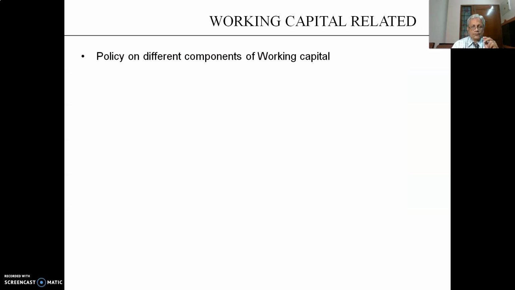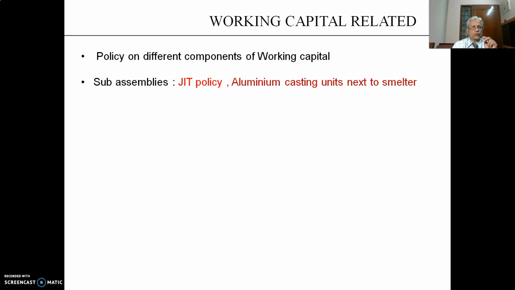Next, another important area is working capital. Working capital has a lot of scope for adding to your cost, so you should have clear-cut policies to handle working capital related issues. What are the various components you're going to look at? Let us take sub-assemblies. A typical automobile company gets a lot of sub-assemblies. They can always take a call: I'm going to have a just-in-time policy, so I need not stock any raw material. The supplier has to supply the components on the assembly line,